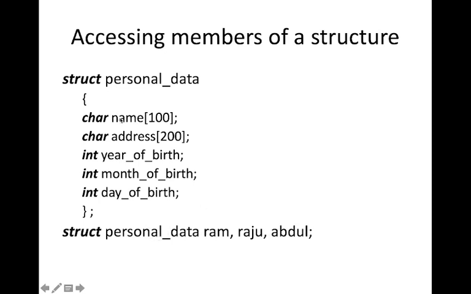Okay. So if you want to access name, then Ram dot name. If you want to access address of Raju, Raju dot address should be given. Or year of birth of Abdul, then Abdul dot year of birth. So these are all variable names. Okay. So if you want to scan some address, then it is percentage s, Raju dot address, because address is of type string, so a character array. So we have to use percentage s, Raju dot address. Instead of using address alone, you have to use the structure variable dot address.